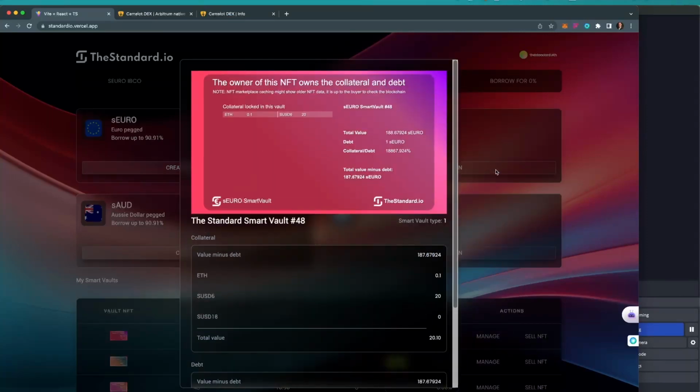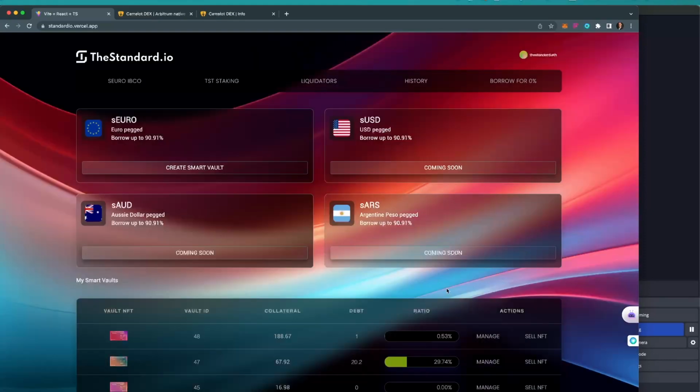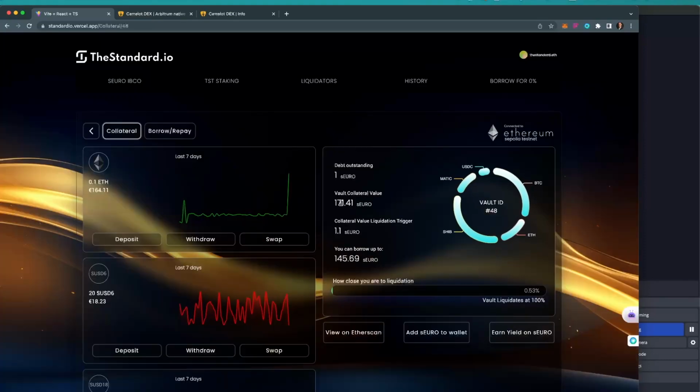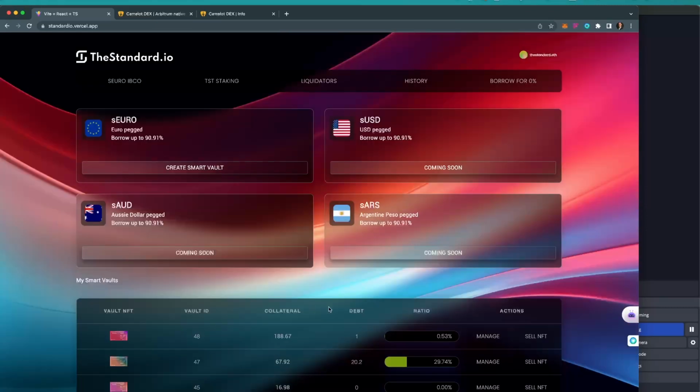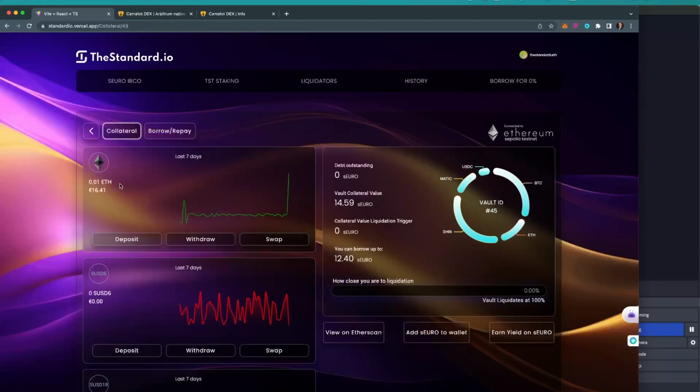But the real question here is with Chainlink as well, because one of the things that is confusing. Let's take this one here. So we need to fix this, and I'm not sure what the problem is, but over here we've got 1459 sEuro vault collateral value, and over here, because there is only this, it's worth 1641, and over here it's worth 1459. So these two need to be the same thing, because